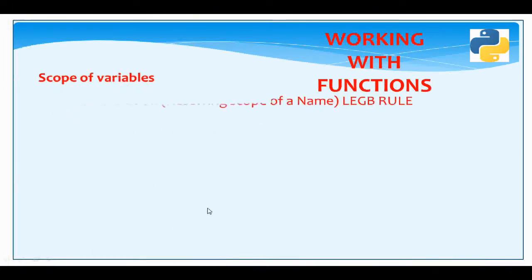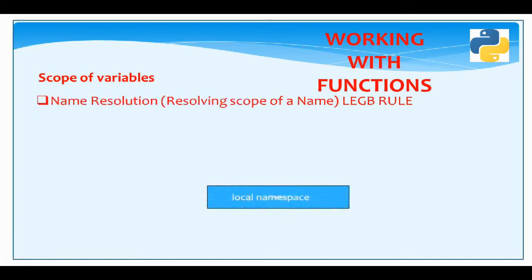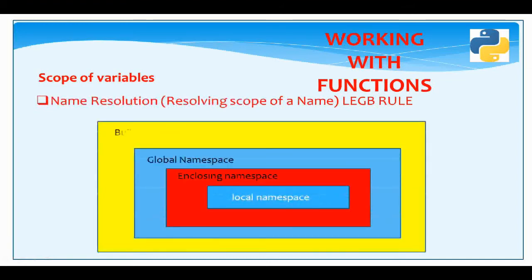Moving on to the next topic of our program, we understand the meaning of name resolution. It is a technique used by Python, also known as the LEGB rule, which helps us to specify the scope of the variables and helps us to resolve the Python rule of scope. Whenever you access a variable from within a program or a function, Python follows this resolution rule. First, Python will check in the local environment if there is a variable with the same name. If yes, Python uses its value.